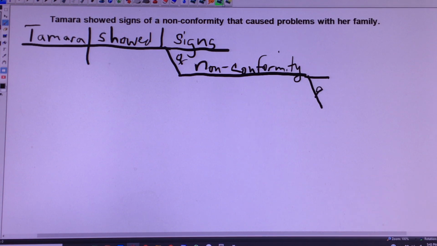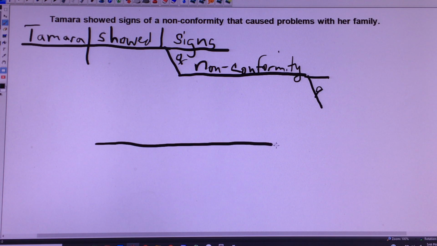And now we have a clause that caused problems with her family, and that is answering the question again. What kind of nonconformity? Nonconformity that caused problems with her family. It's a relative clause, so that would be diagrammed down here somewhere, anywhere below the noun that is modified by